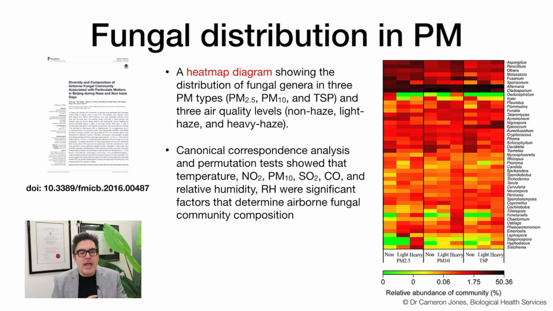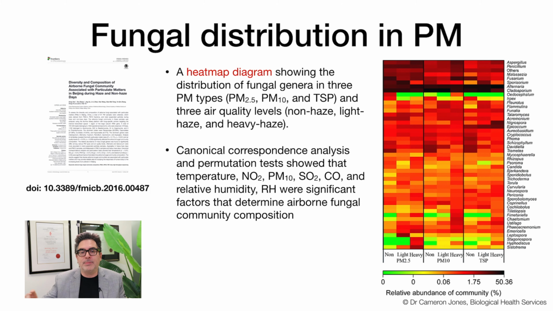And they were also able, in this particular paper, to show that there was a relationship between temperature, relative humidity and various other chemicals as well. And this was called a canonical correspondence analysis. And this is an excellent paper. I've got the URL up there. I suggest that all of you read this paper